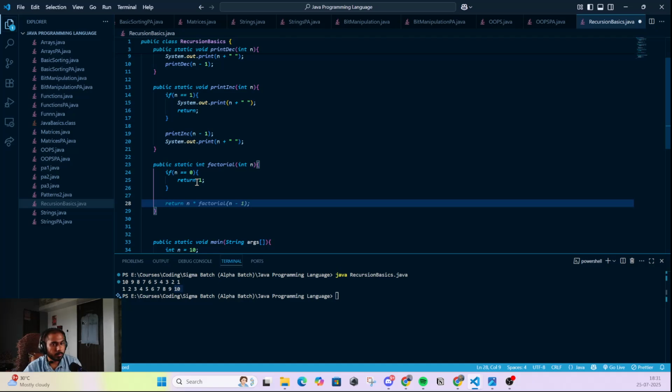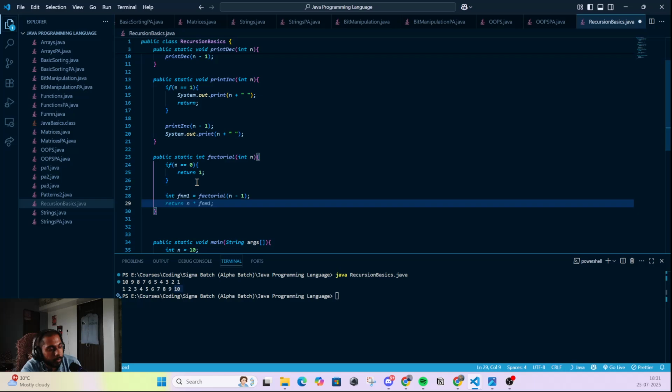Sorry about that. So let us say f of n minus 1, it will be this, and then we are just returning or calculating this factorial of n, which is, yeah, we can define.